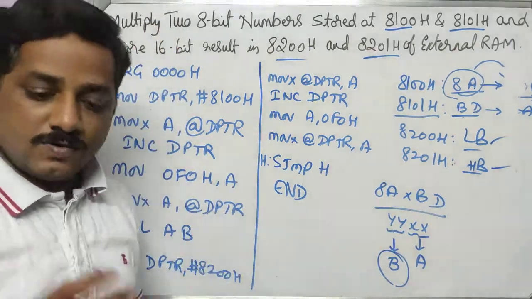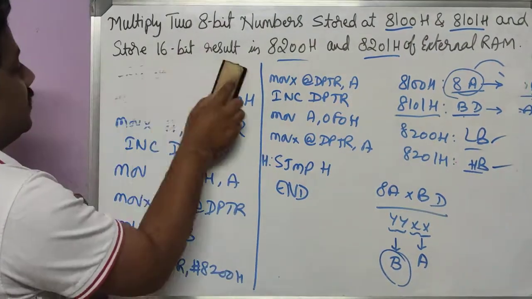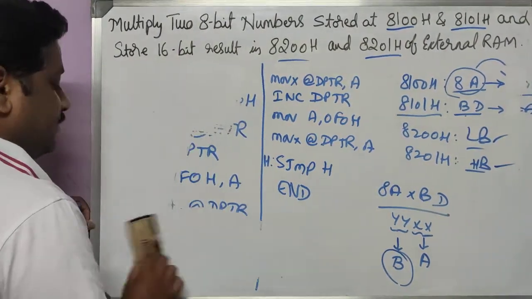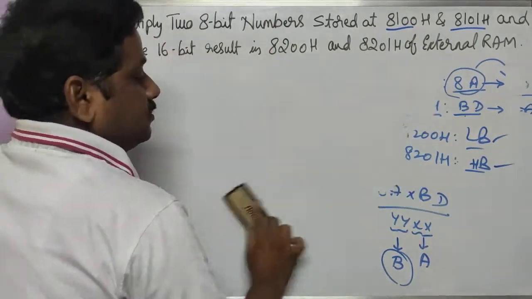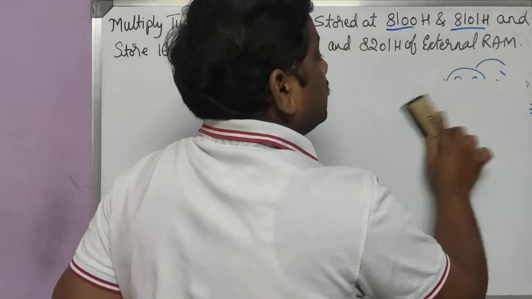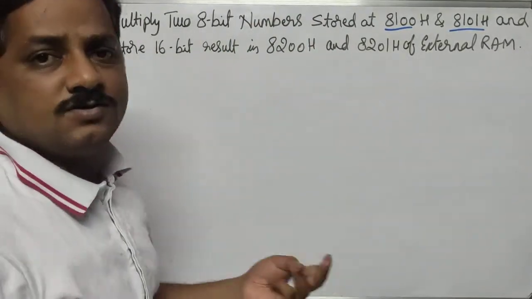Now let's take one more, that is the last program in the arithmetic concept. So that is division. Multiplication is over, subtraction is over, and addition is also over. Now let's take the example of division. So write a program to divide two numbers.